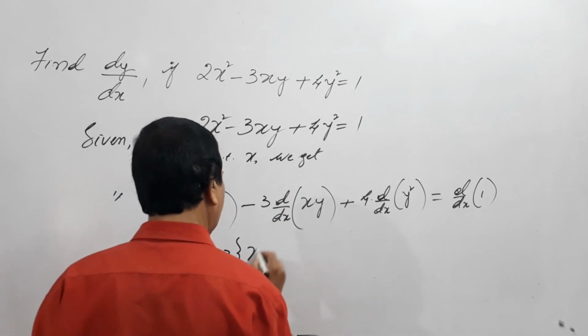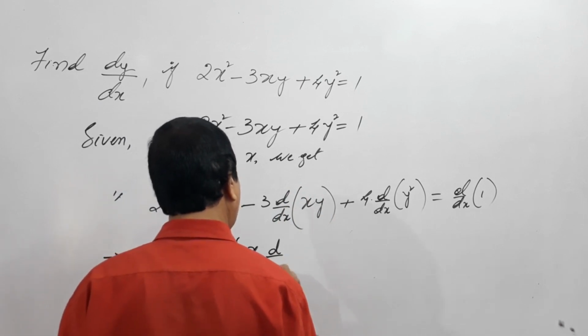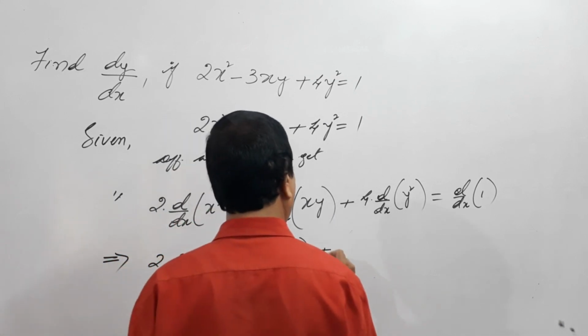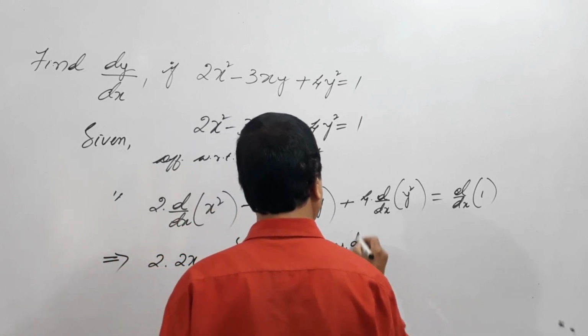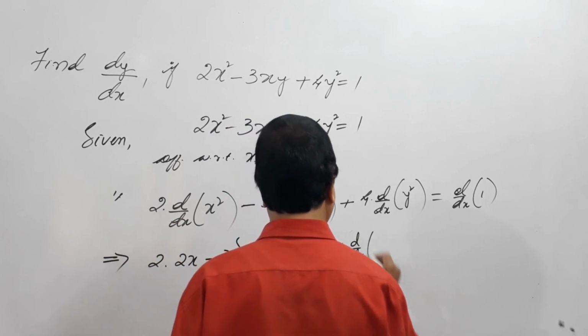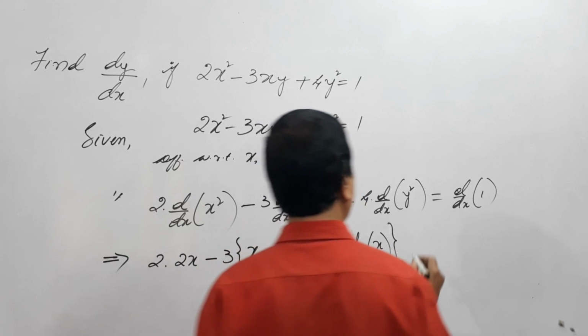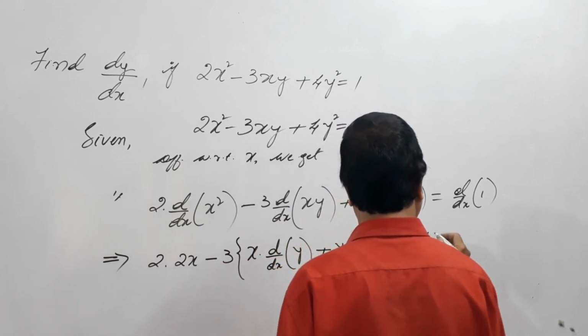So this will be x into d by dx of y plus y into d by dx of x. So close the bracket plus 4 into,